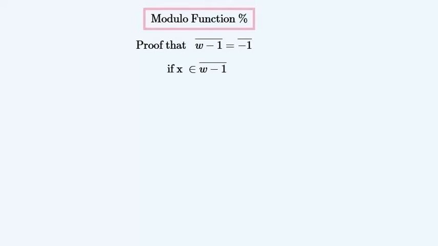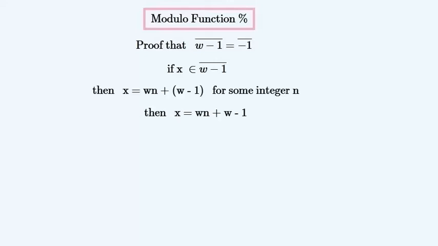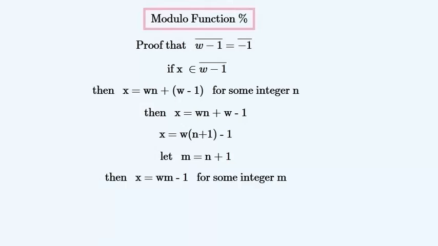We get an arbitrary element from this set called x. And this is the general expression for x. We can start to manipulate this expression. We can factorize the w outside of the brackets. We can let this new integer m be equal to this. We can then let x be equal to this expression. And this expression means that x is an element of minus 1 bar. And because all of the lines in this proof are reversible, we can thus prove that these two sets are